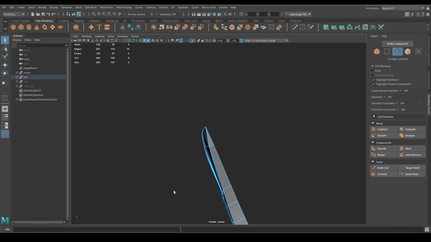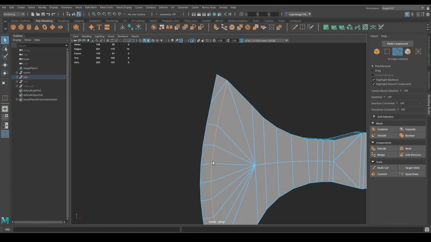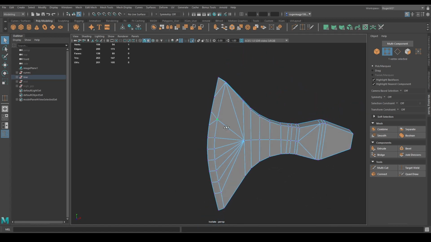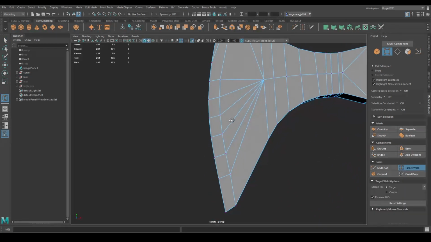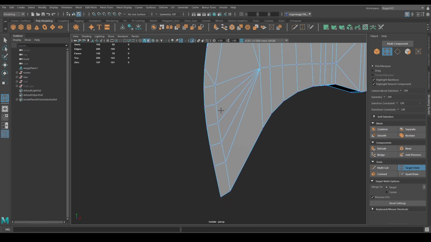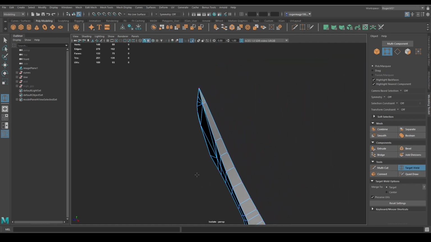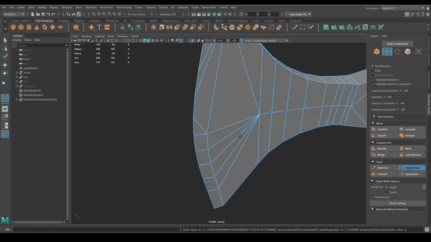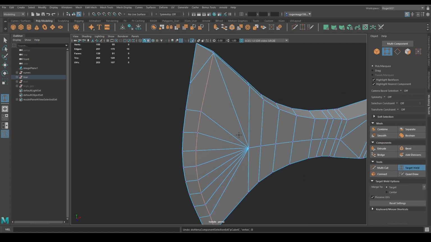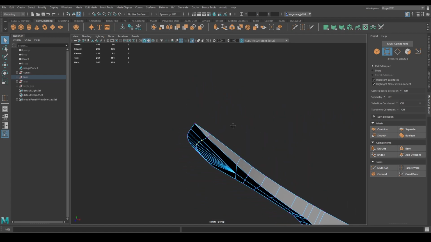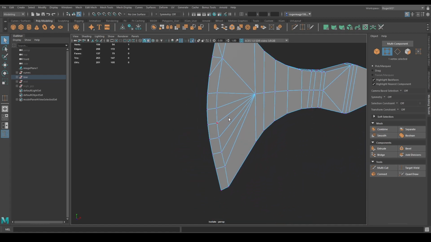Wait, let's see how. No, no. But maybe we can reduce it. Target this here, and maybe here, here. Okay, wait, maybe not that much. Maybe instead, let's just see how much it changed. Yeah, something like